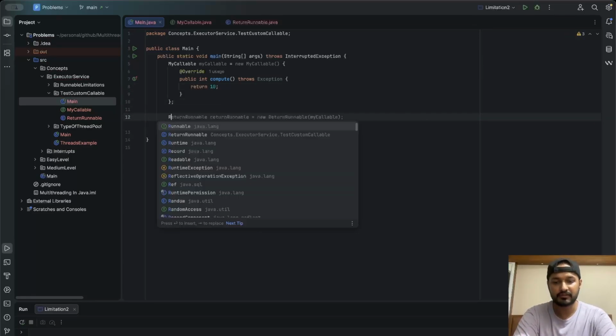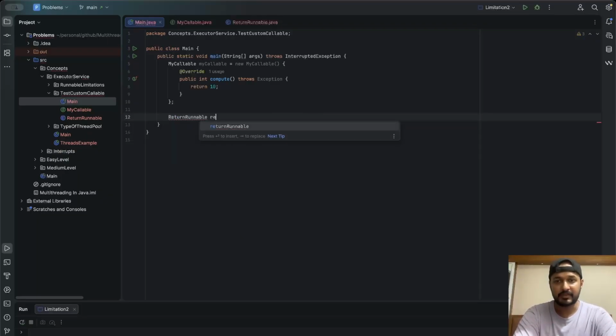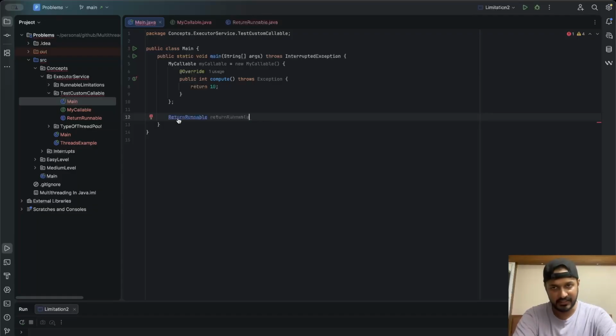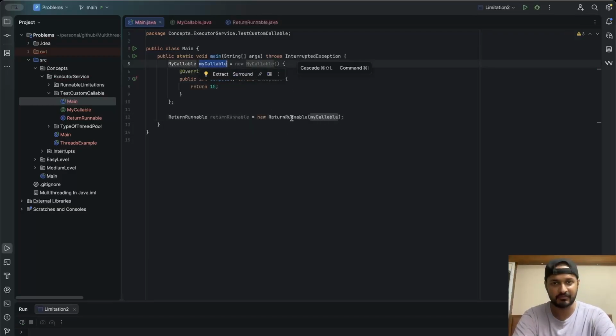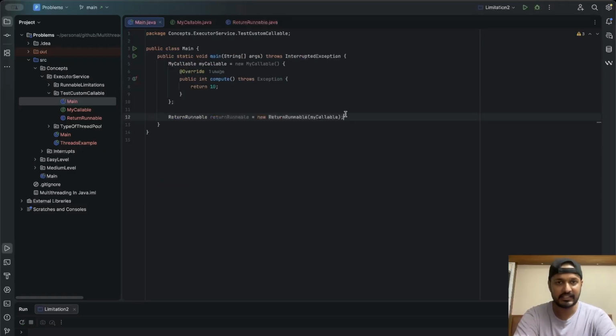Now we'll create an object of the class which implements Runnable, correct? So ReturnRunnable new ReturnRunnable, and what will we pass? We'll pass whatever MyCallable object we have, because the constructor expects a MyCallable object. Now this runnable we will pass into the Thread constructor.